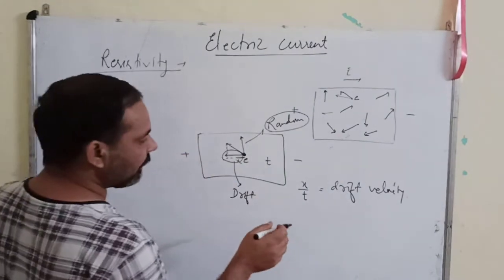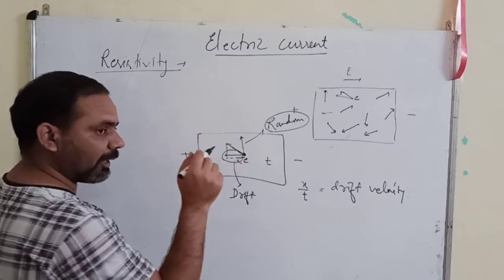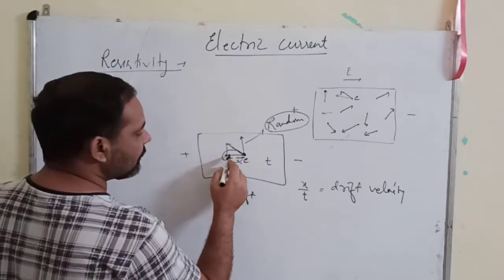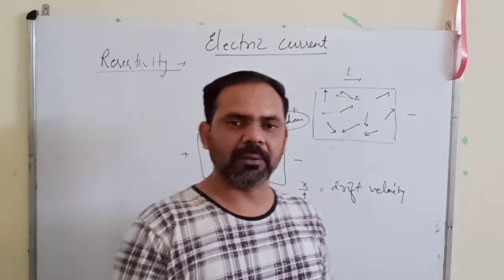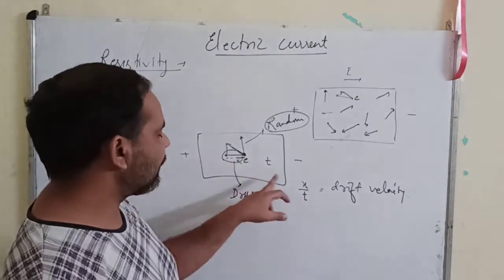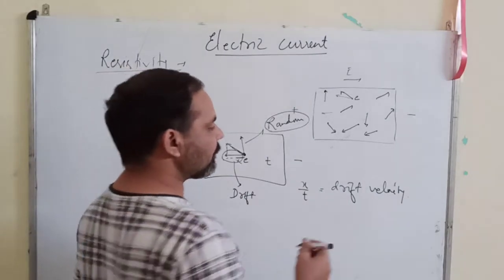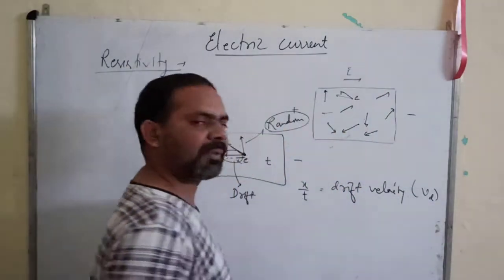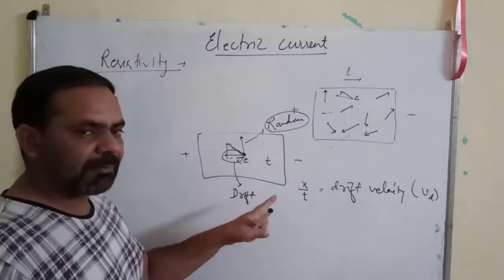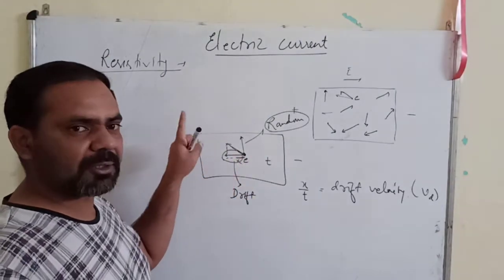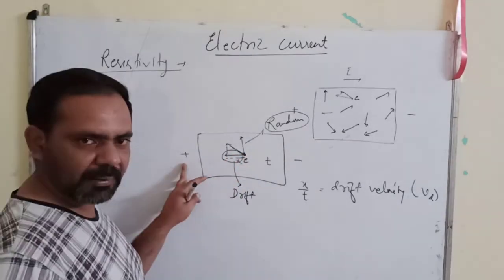Okay, so for finding the drift velocity, you will not consider the distance that the electron has actually traveled, but you will consider the distance which the electron has traveled towards the positive terminal. That will be your drift. And this drift made per unit time is the drift velocity, which we denote by Vd. So I think it's clear now that drift velocity is not the distance traveled by the electron per unit time. It is actually the distance traveled by the electron towards the positive terminal per unit time.